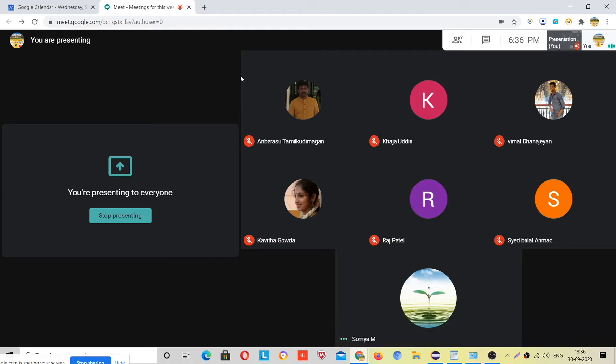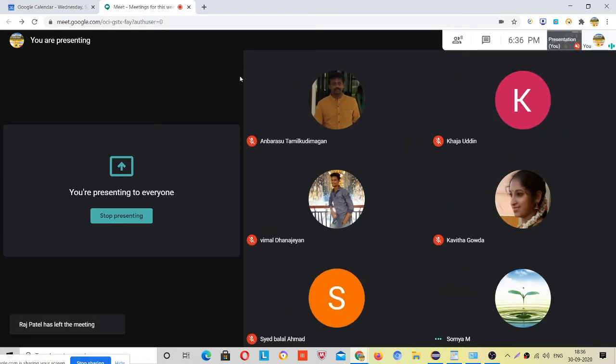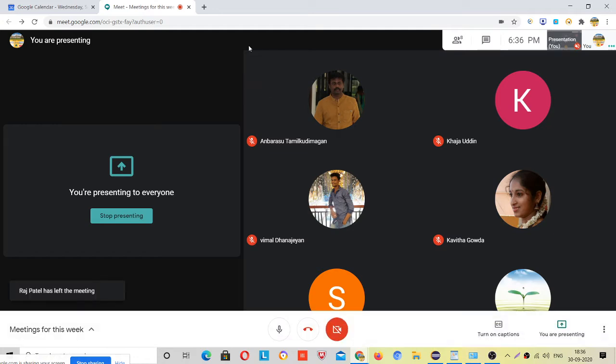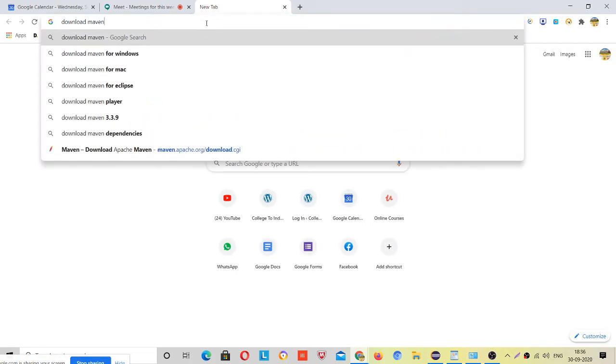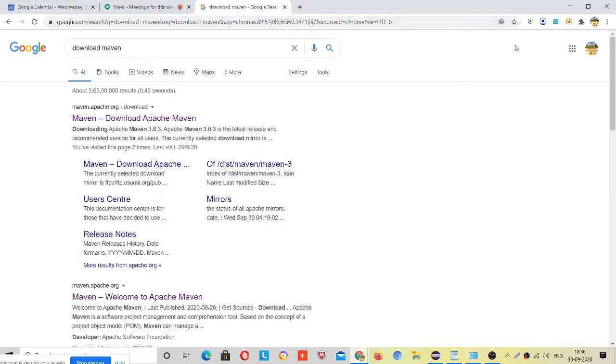So let's download. From here we download, depending on which machine you are using. Based on that, download that. I will show you the path. Go here, download Maven, and after this, click on this.